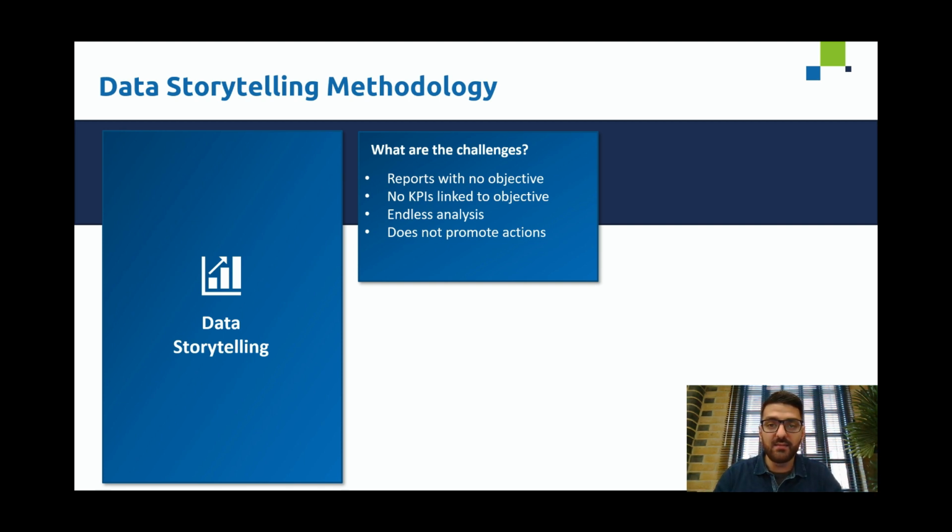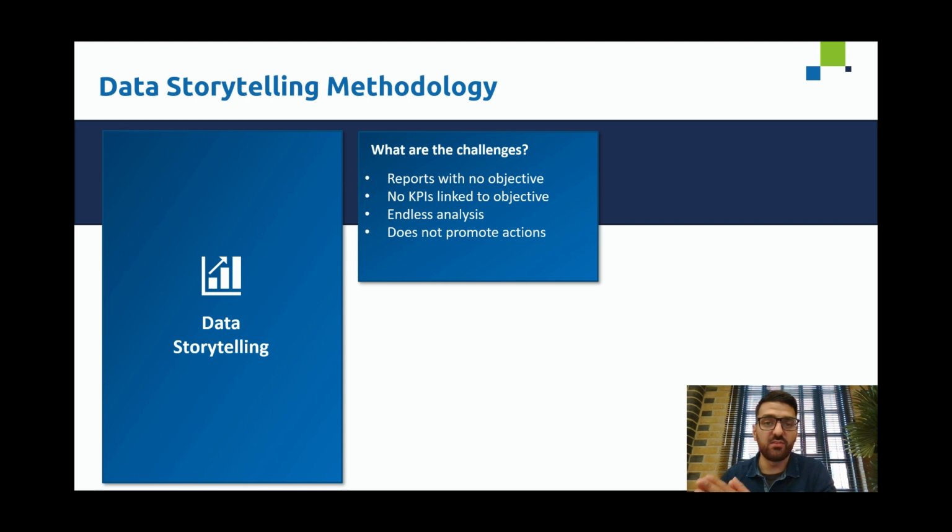Another one is continuous or endless analysis, right? Not having a clear start and a clear end usually leads to our users going through the solution, continuously analyzing the information, and even then going ahead and exporting the data out, maybe into Excel, and further continuing